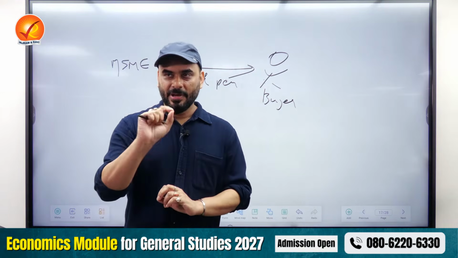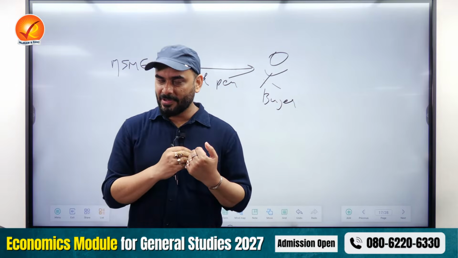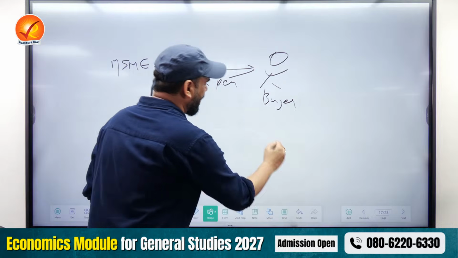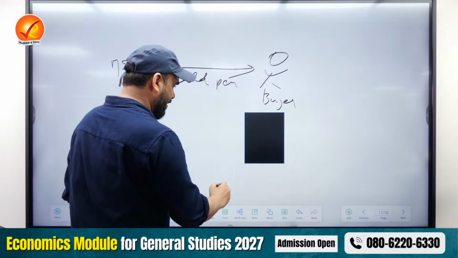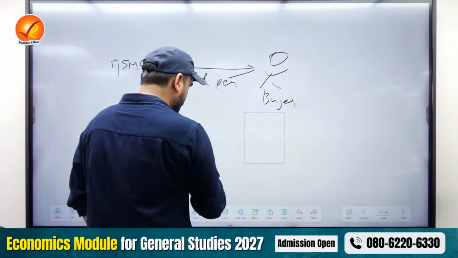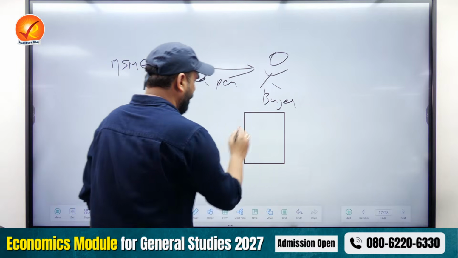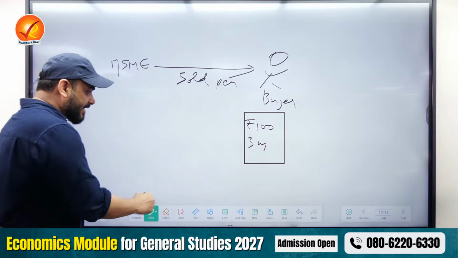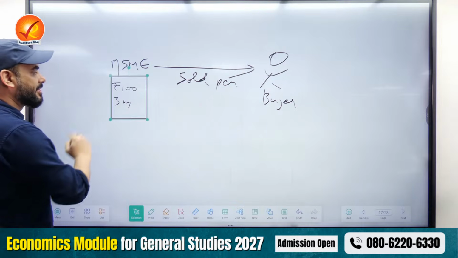So MSME says, can you give it to me in writing? A promissory note, bill of exchange. Can you give it to me in writing that you will give this after 3 months? He says, of course, I can give you in writing. So what he does is, he takes a piece of paper like this, and he gives this to the MSME. And it is written over there, for example, that rupees 100 to be given after 3 months. Who takes this piece of paper? This piece of paper by him is given to the MSME.